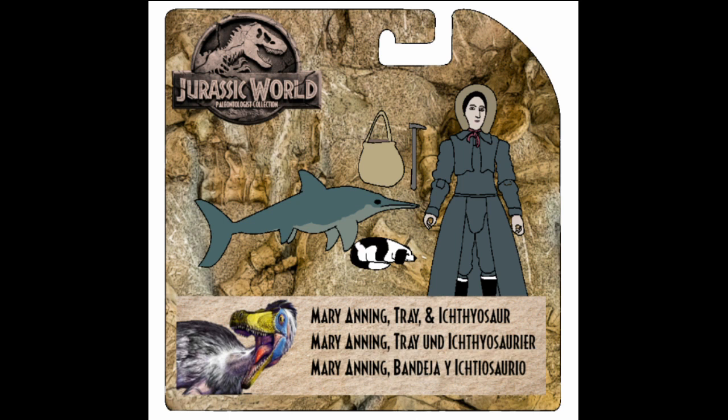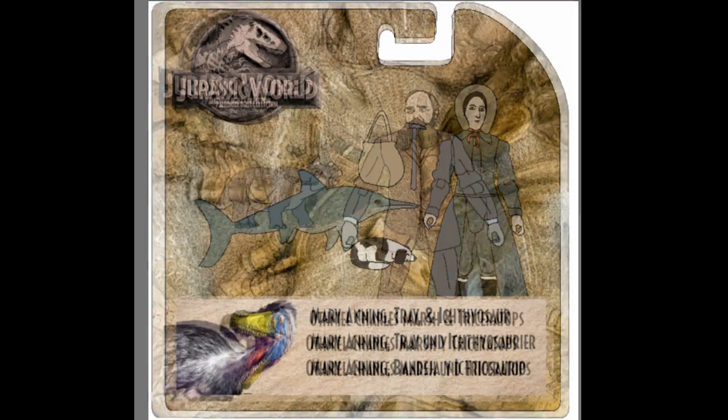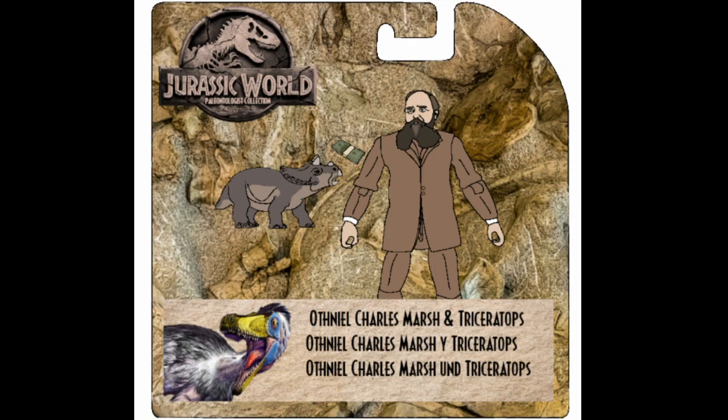They got a little bag filled with fossils. They got a little pickaxe thing. They got her dog, and they have an ichthyosaur. So that is awesome. We have a notorious Bone Wars rock star, Othniel Charles Marsh, and the dinosaur he discovered